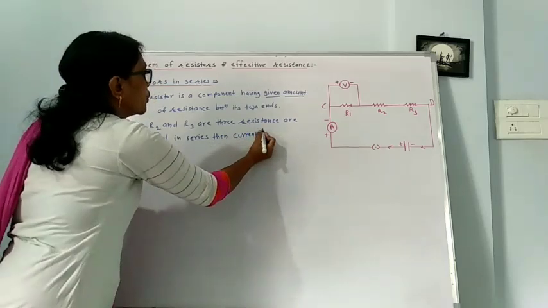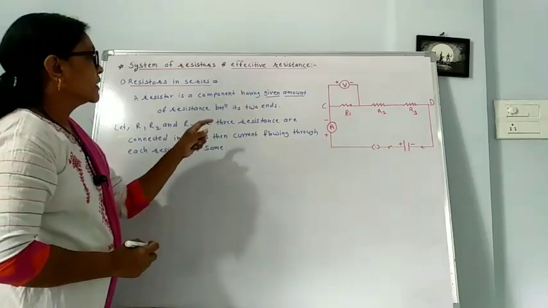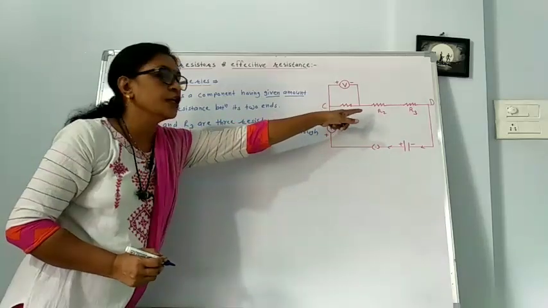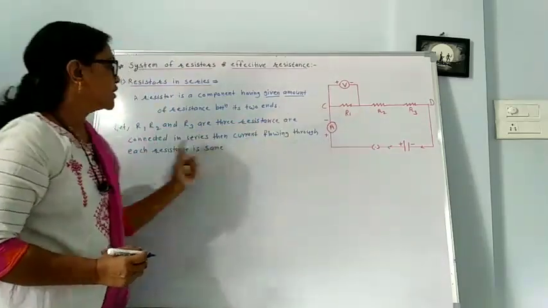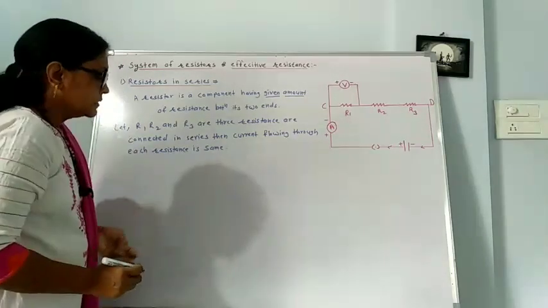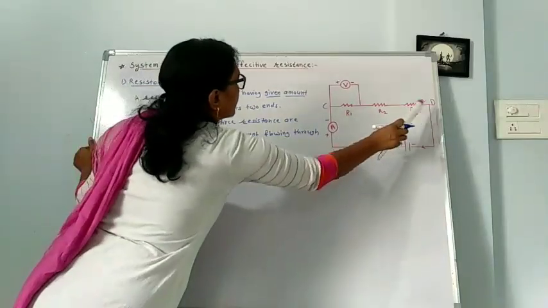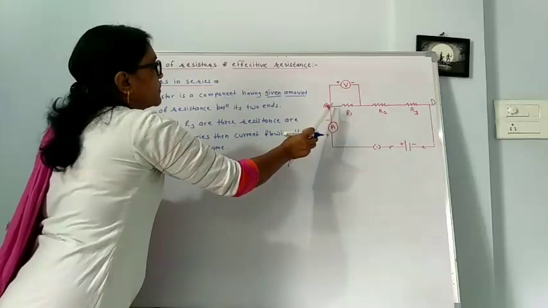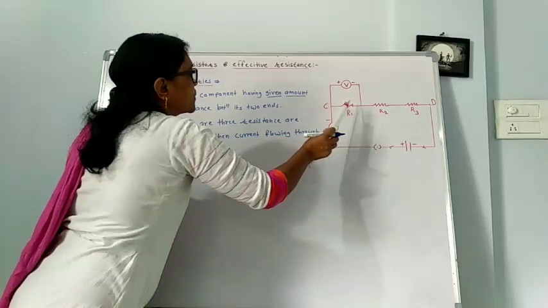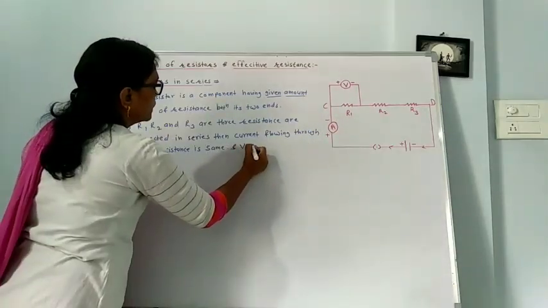current flowing through each resistance is same. When three resistors are connected in series, then the current flowing through each resistance R1, R2 and R3 is same. Current is denoted by the letter I, and V is the potential difference between these two ends C and D. Total potential difference between the two ends C and D is equal to the sum of the potential differences across R1, R2 and R3, and V is the